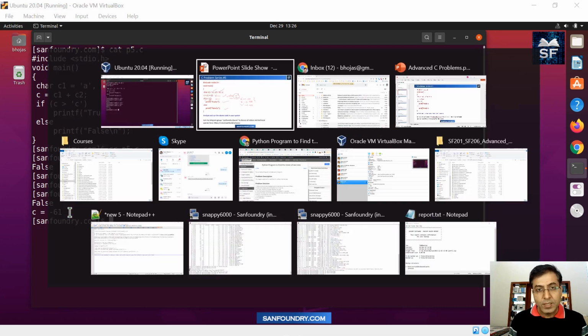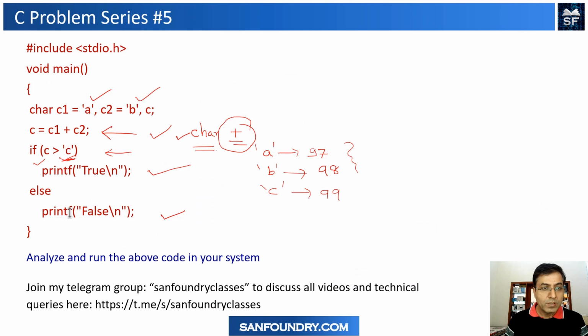I think the summary and the goal of this exercise is for us to see once again that we have to be very careful in understanding what kind of data type we are using, what kind of operations we are doing, and whether they are really going to solve what we are looking into.